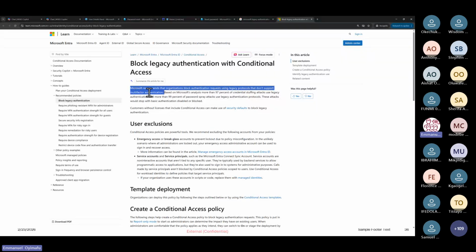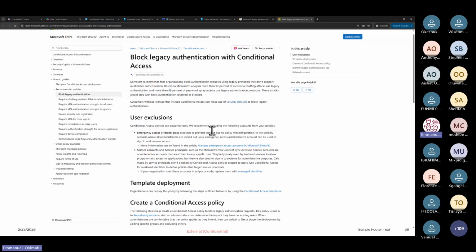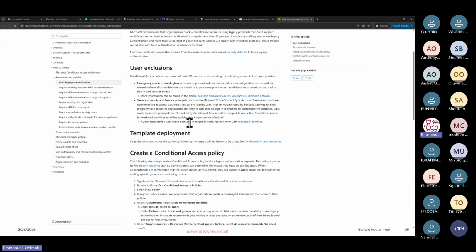That means if any of your apps is set up using legacy authentication methods, somebody can just sign in with username and password without using MFA, which is not good. That is why Microsoft recommends modern authentication, because modern authentication supports MFA. So any authentication method that does not support MFA is using a legacy protocol. That's just it.